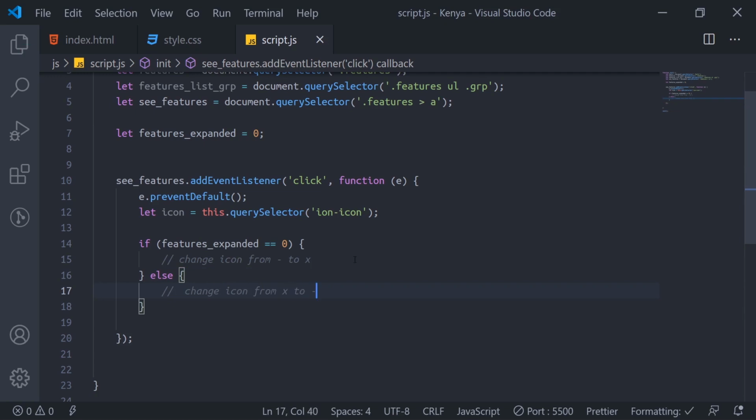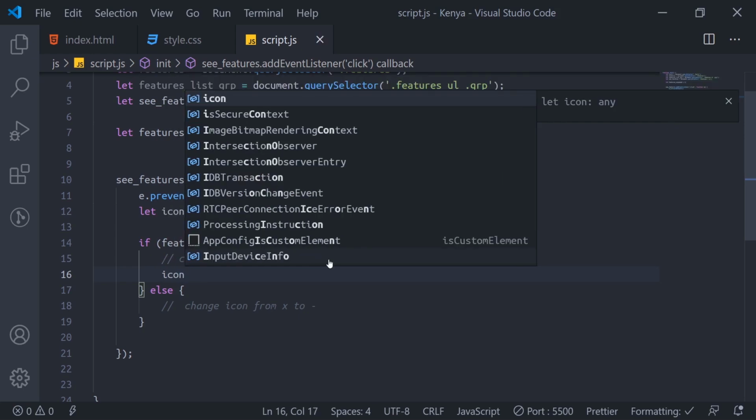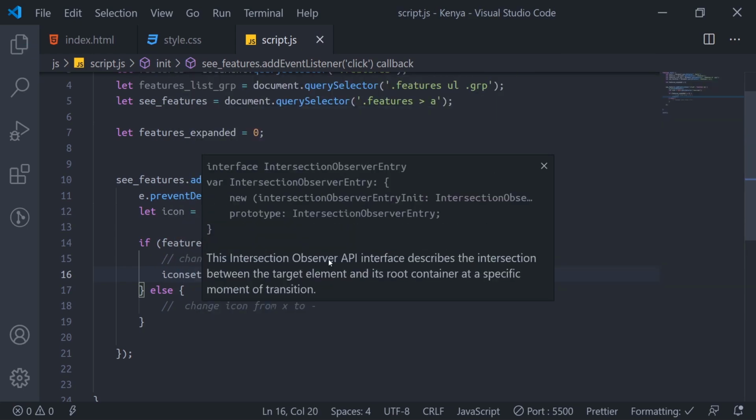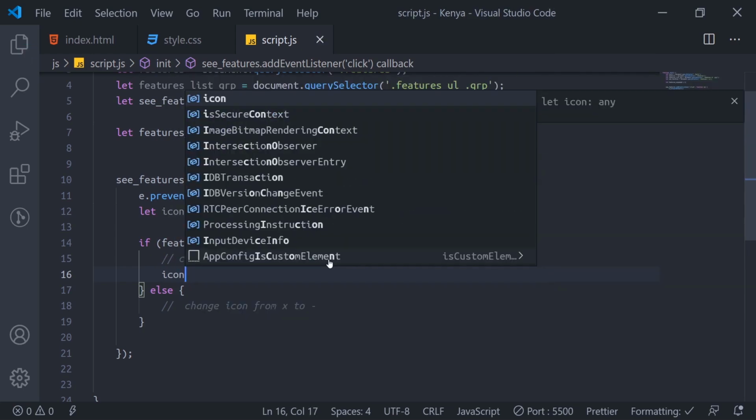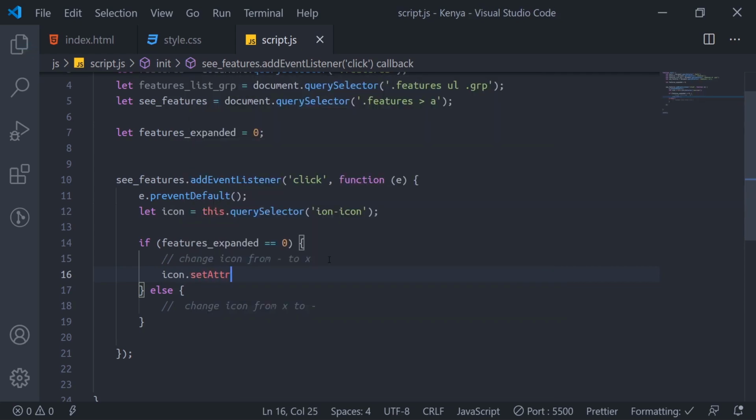What are we going to do? We'll use setAttribute for this icon. So icon.setAttribute. What does the setAttribute function do here?